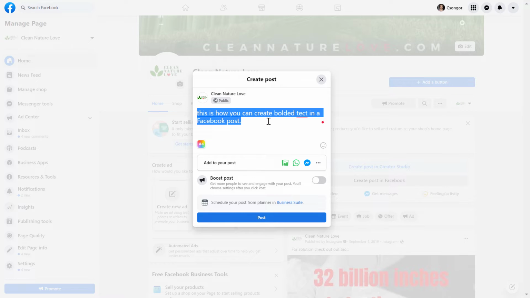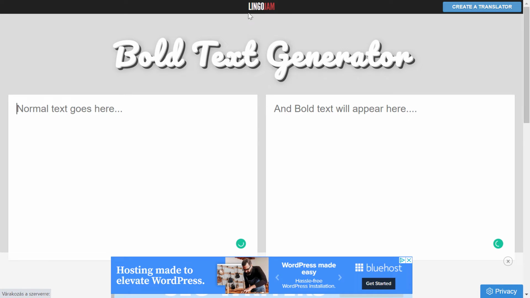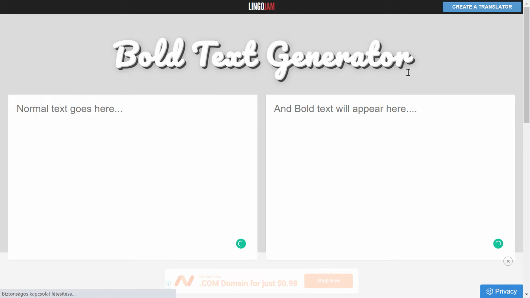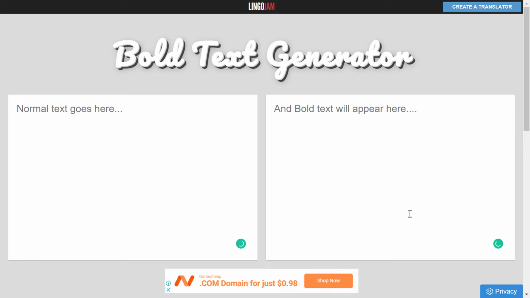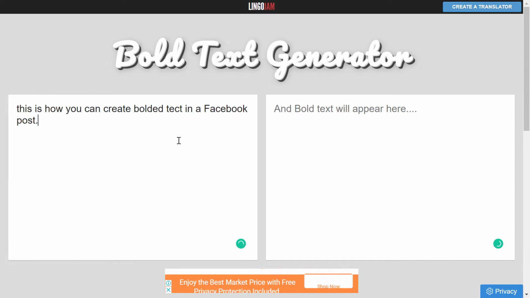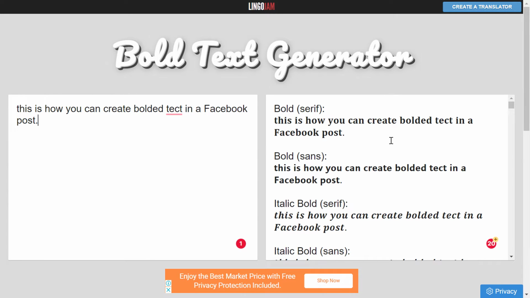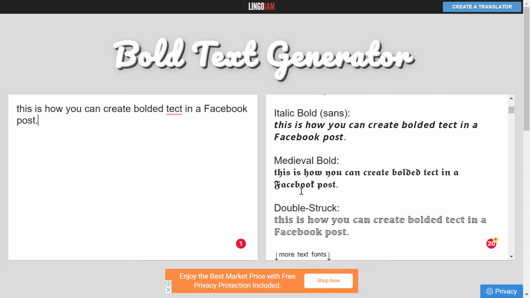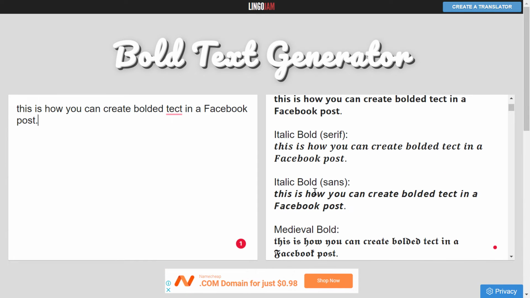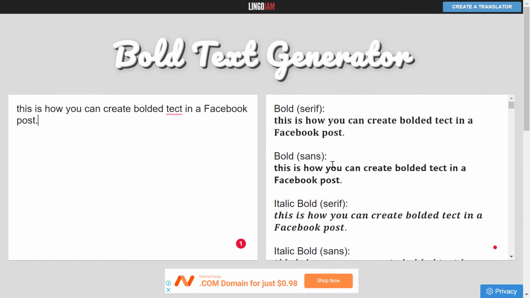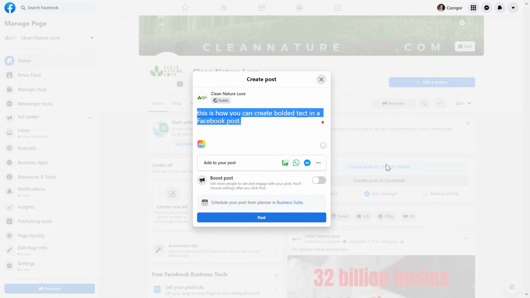So copy the post text you have just written, go to a website called LingoJam bold text generator. I'm going to link it in the description below, and all you have to do is paste the text here, and then this website will automatically transform it to a lot of different kinds of formatting. If you want to use the bold text, then you would copy that, go back to your Facebook post and